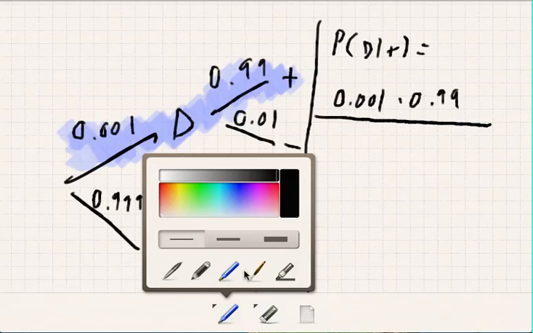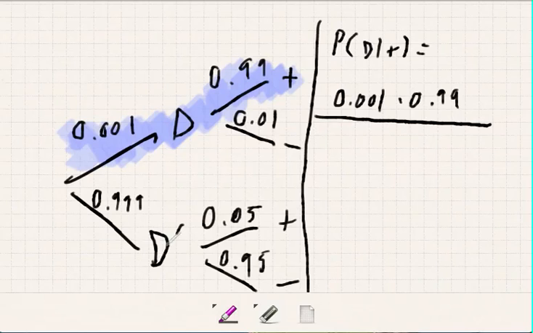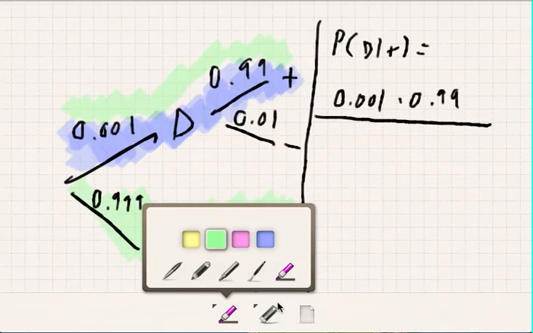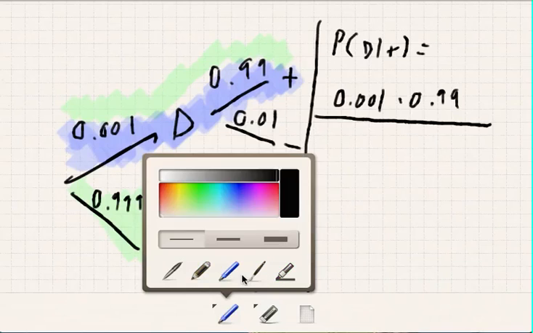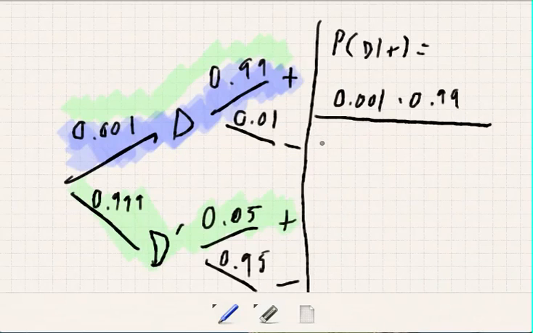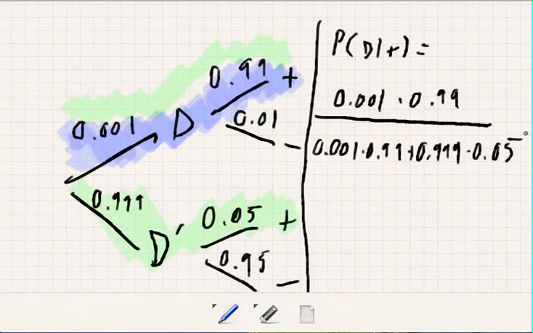But now we want to add on top of that both of the branches that go to positive. We want to add the one that we've already considered and the branch that corresponds to not having the disease but testing positive. So that means that we are adding together 0.001 times 0.99 plus 0.999 times 0.05. Now, I didn't bother writing down all the steps here. I just went ahead and plugged into my computer. What you get is